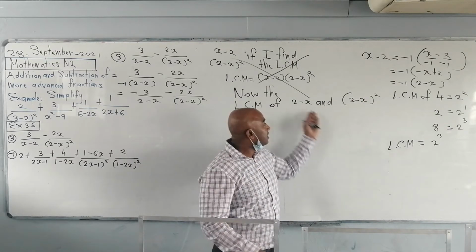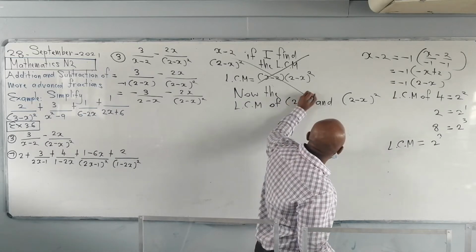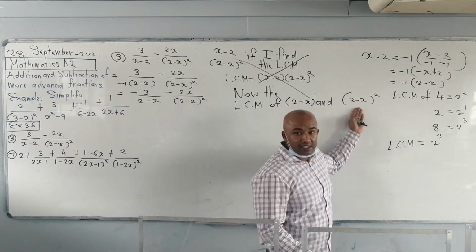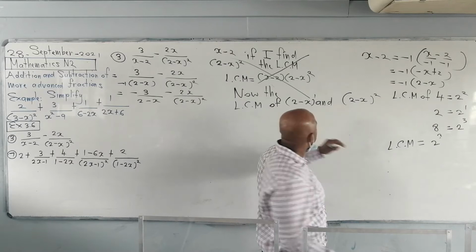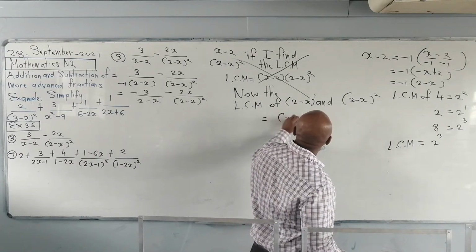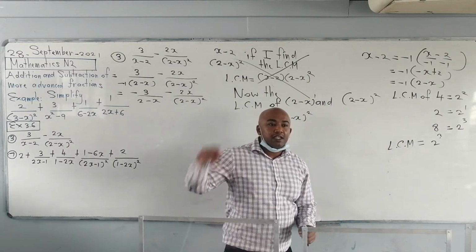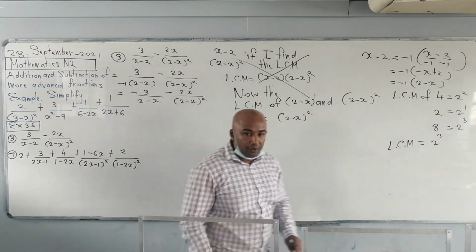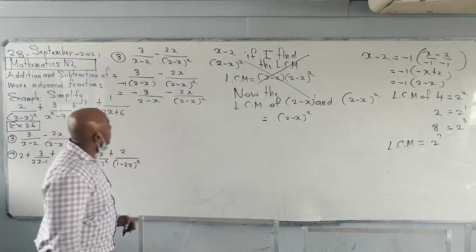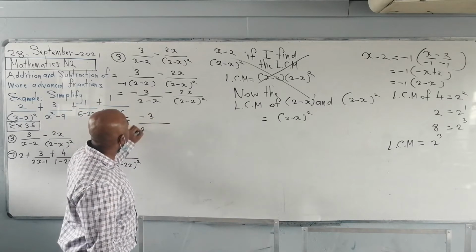Don't get confused when you see 2 minus x. The fact is, this is 2 minus x to the power 1, and this is 2 minus x to the power 2. So therefore, the LCM of that is going to be 2 minus x all squared. You take the base with the highest power. Now, once we got that sorted out,